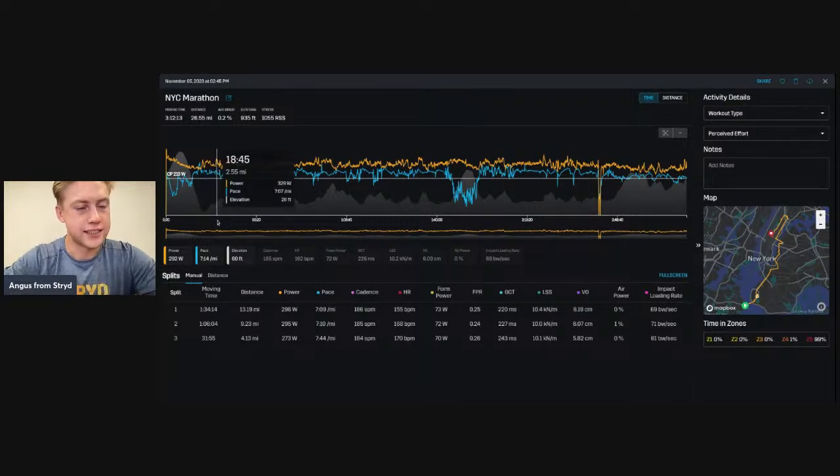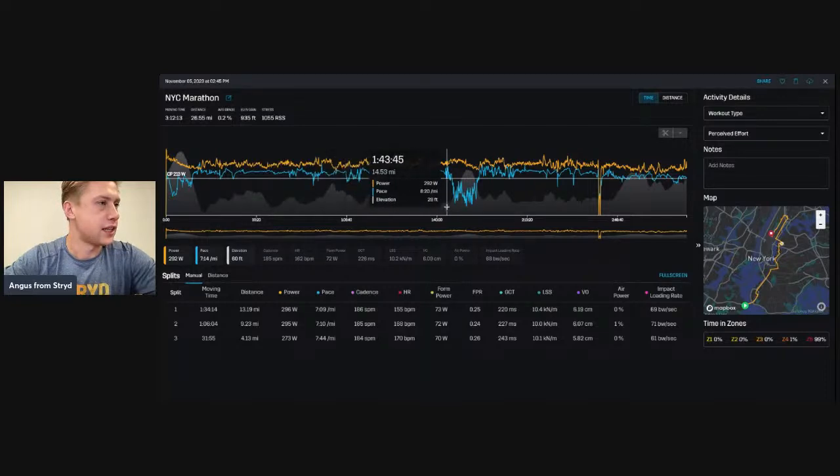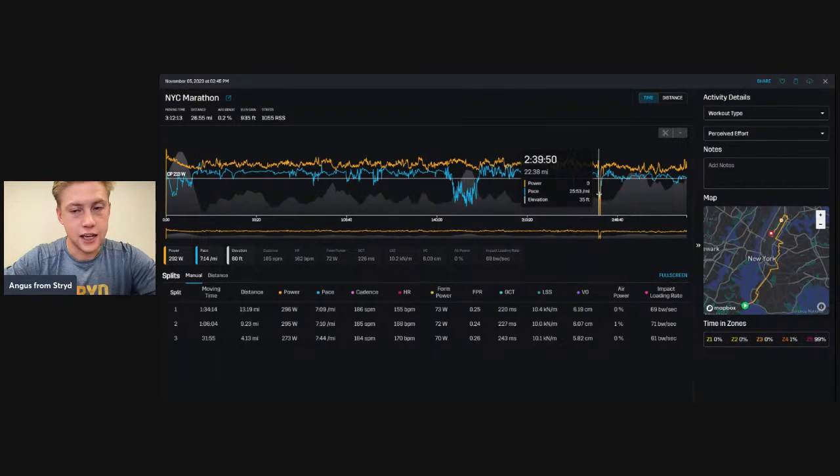There's some variation simply due to the challenges of the course, where it's hard to hold that perfectly even power target. And they're able to hold that here until this bridge. And then once they came out of this bridge, they started to feel like they were beginning to fatigue on one side of their body, and that fatigue continued for the next few miles until finally the runner had their entire